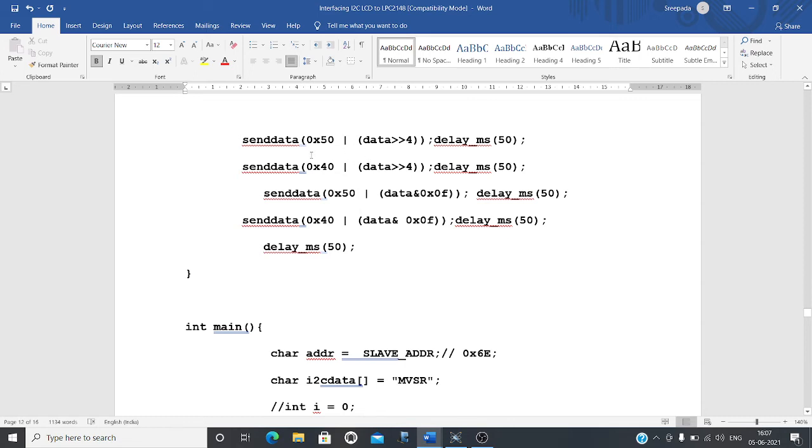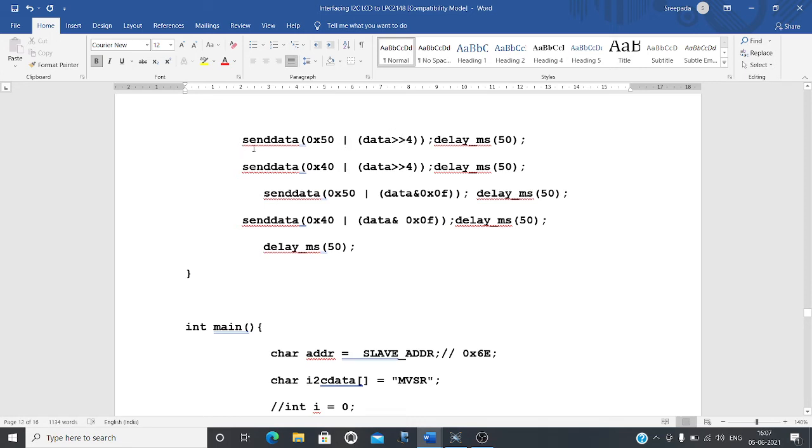Once you go inside, here we are using the function send data. Here 0x50 is ORed with data left shifted towards the lowest 4 bits. Whatever data is to be sent is divided into two sections.